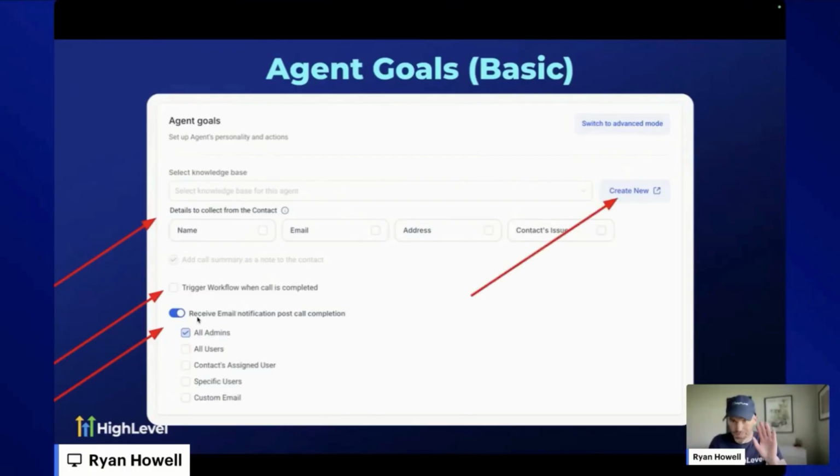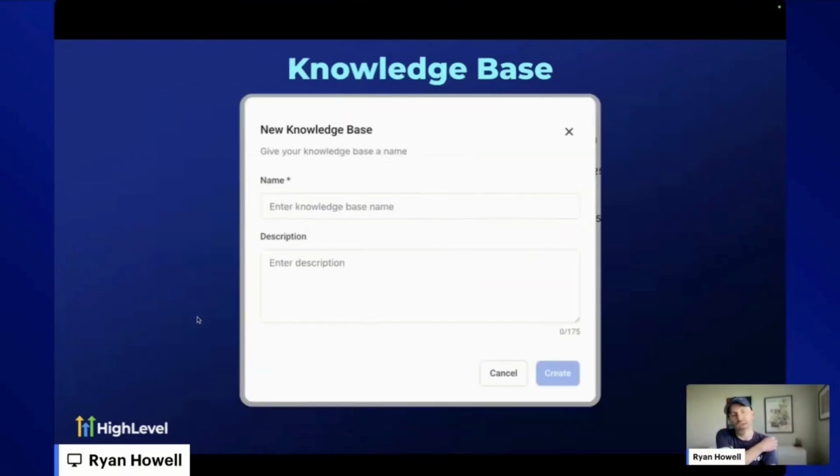Next up, we're going to talk about knowledge base. Okay, so that's this create new up here. This flow may change a little bit, but this is the basics here. A knowledge base, when you click on that create new knowledge base, you name it whatever you want, but think about it as if you've been in the military, or you worked in government, for official government offices,